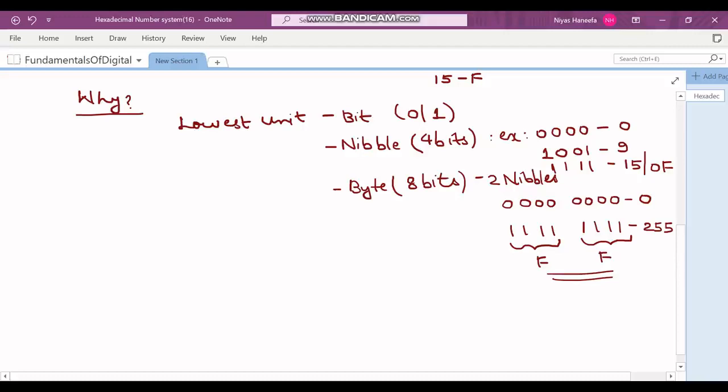So rather than the decimal number system, a binary number system is better represented in terms of the hexadecimal number system. So we will always be dealing with hexadecimal numbers in the case of microcontrollers or computers when we are going to associate with any data or any number. Now, conversion. I mentioned 9, 15, 255 and so on, but I didn't mention the conversion. So conversion of one number system to another.